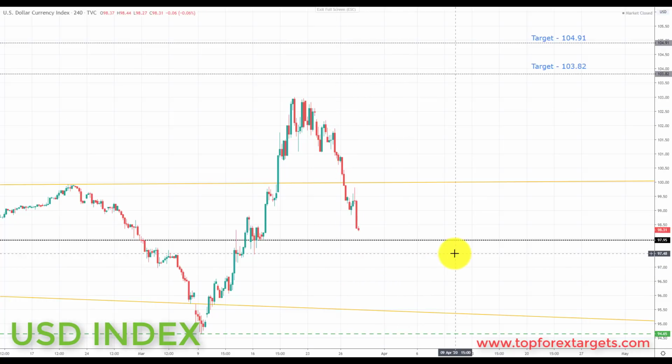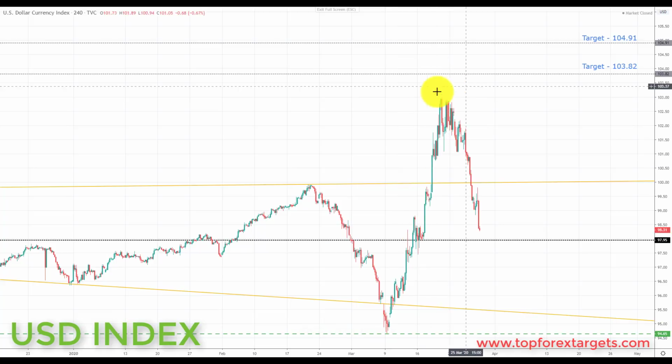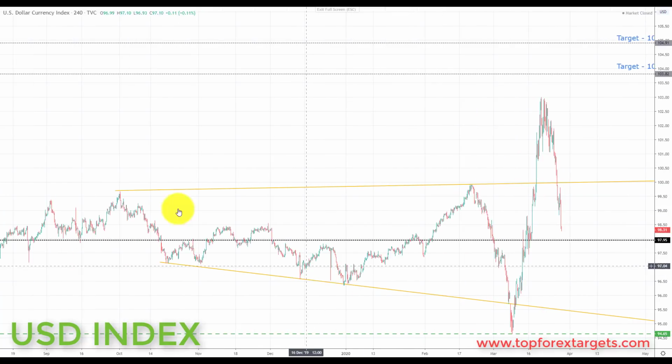In terms of the structure in the US dollar, we do have this rally to the upside making new highs. This is why we have the targets up here, because this is the previous momentum wave to the upside. However, something I want to show you is we do have potentially an A, B, C, D, E pattern. This is known as a megaphone or an expanding triangle. This is probably the worst pattern you can come across in Forex because it conveys extreme indecision. And when you have markets in a condition of extreme indecision, they are very, very choppy and trading becomes more and more difficult in these kind of conditions.